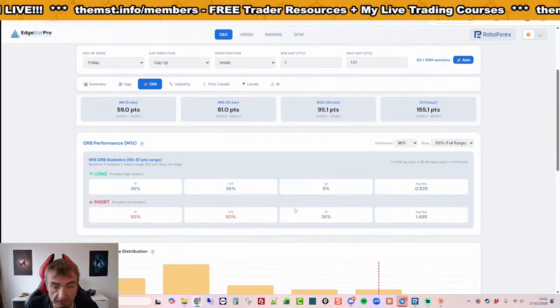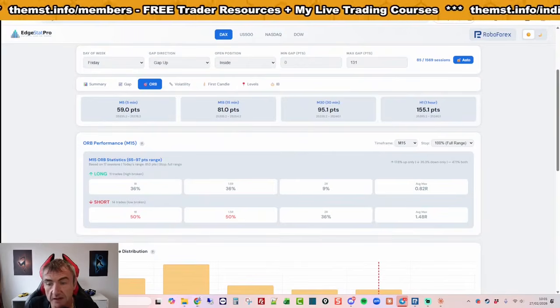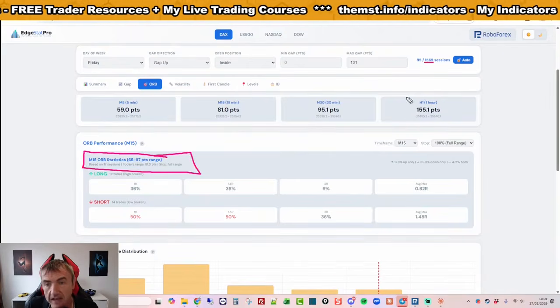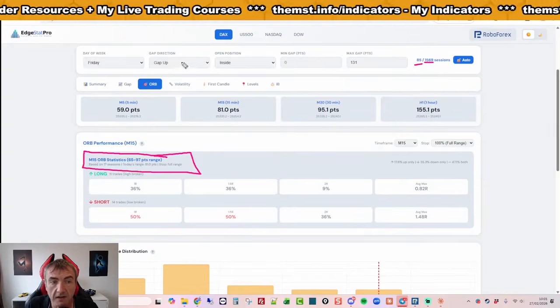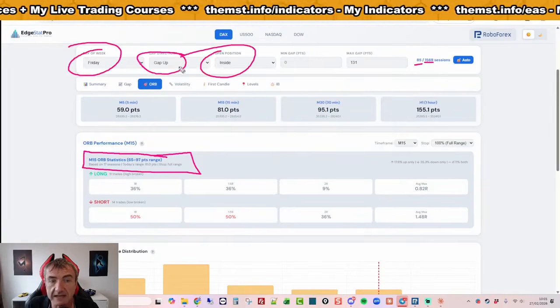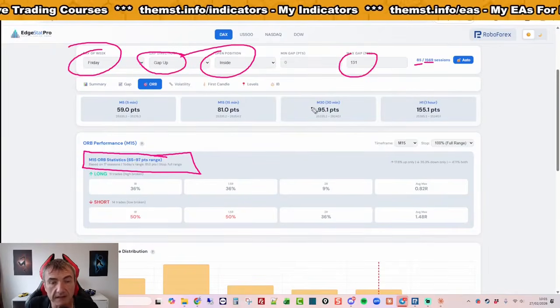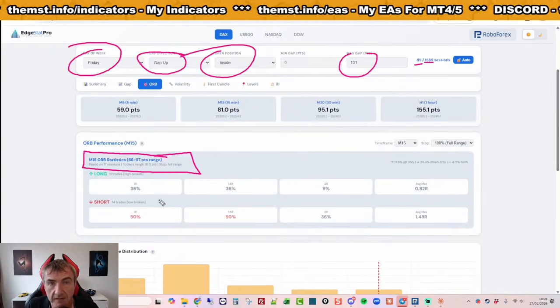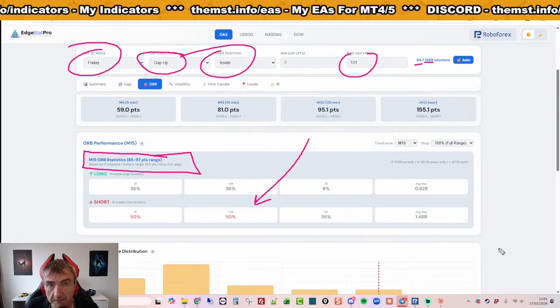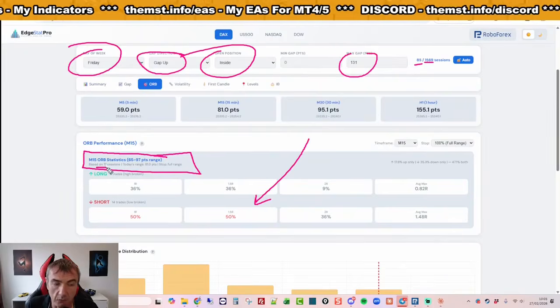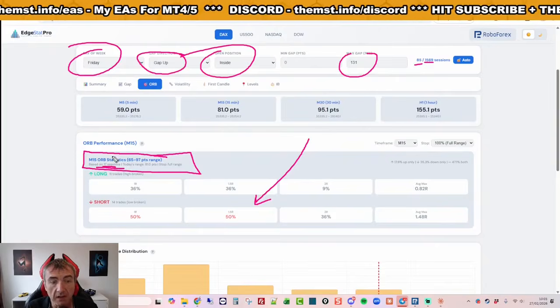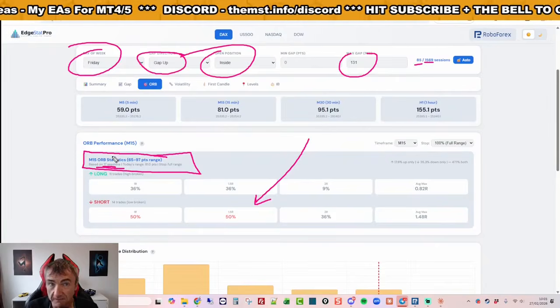data. This is based on 5 years worth of data, but it's only based on 17 sessions out of these 85, which are based on a Friday gap up inside with a maximum gap size of 130, which is 100 points above what we have today. Much more accurate. But also you have to worry about the size of the data set being so small. This might be curve fit.